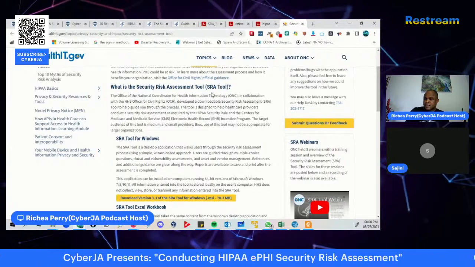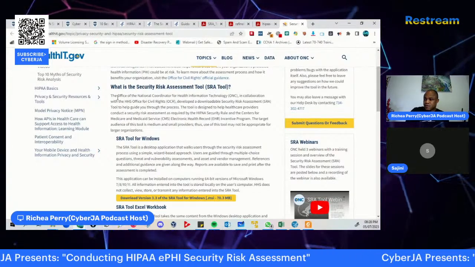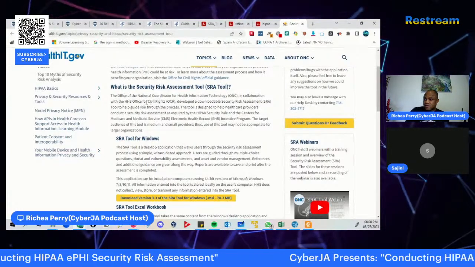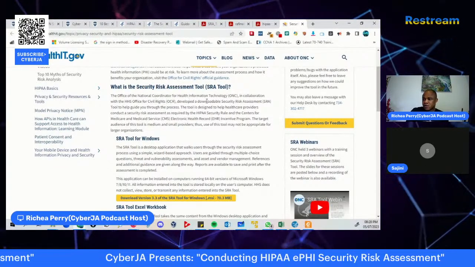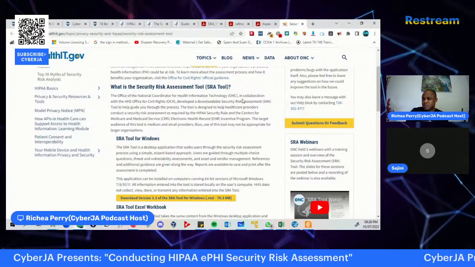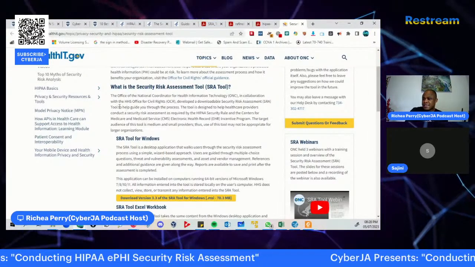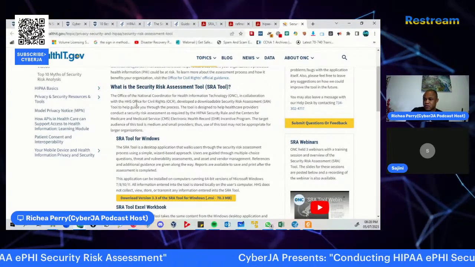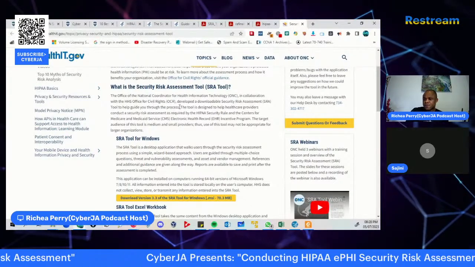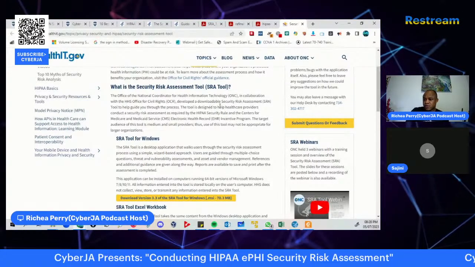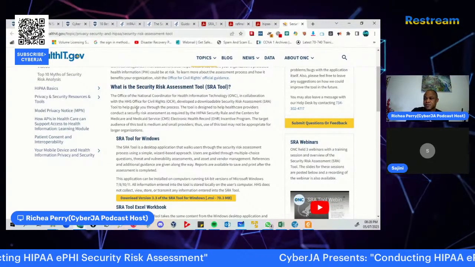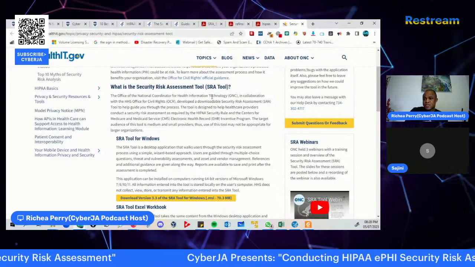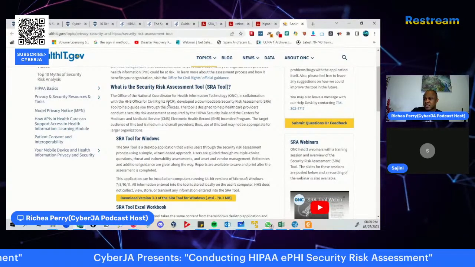And this SRA tool, it says that the Office of the National Coordinator for Health Information Technology, in collaboration with the HHS Office for Civil Rights, OCR, developed a downloadable security risk assessment tool to help guide you through the process of executing this risk assessment.